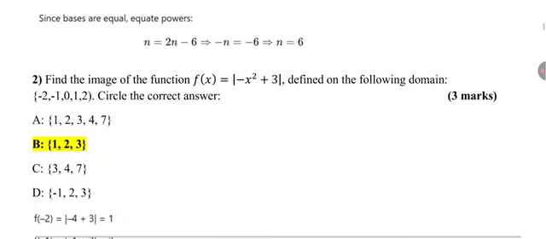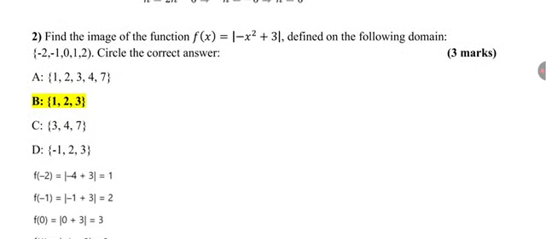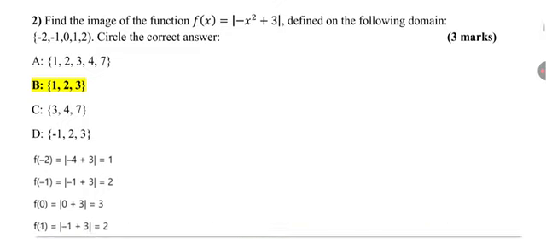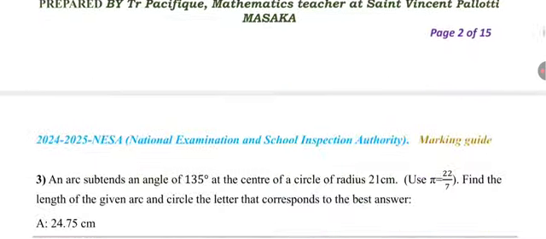So question number 2 was asking, find the image of the function f of x, which is equal to the absolute value of minus x squared plus 3, defined on the following domain. Then we have -2, -1, 0, 1 and 2. Then circle the correct answer. As you see, the answer must be 1, 2 and 3, B, as you see in letter B in yellow. Here there is the proof,